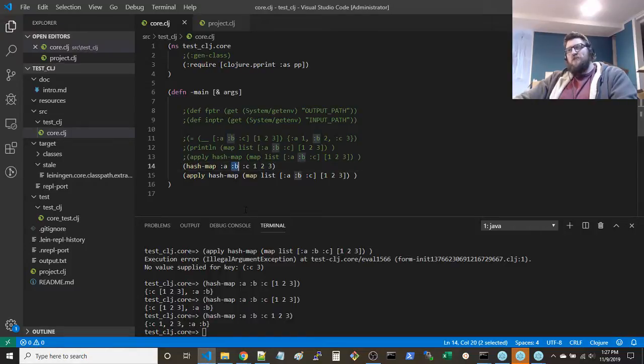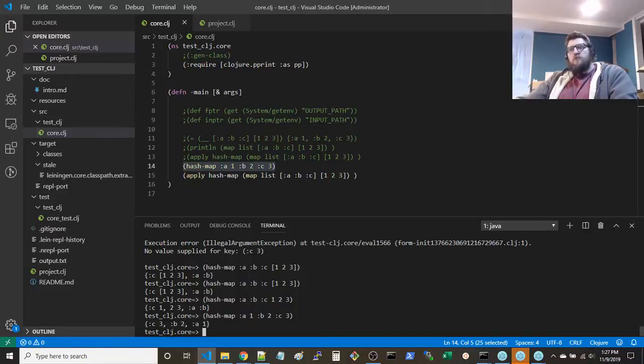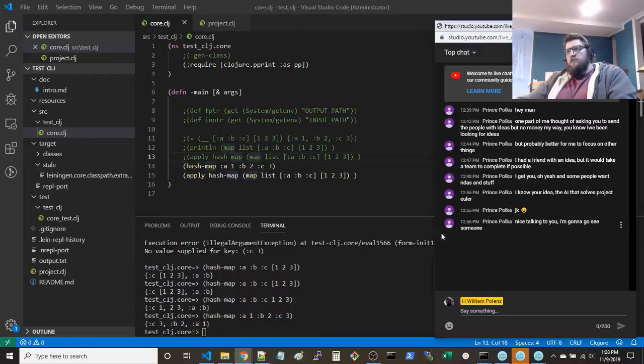Yeah, what we'd want is B to go here, C to go here. Take a look at that. C3, B2, A1. Okay, neat. So that somewhat does what we want.